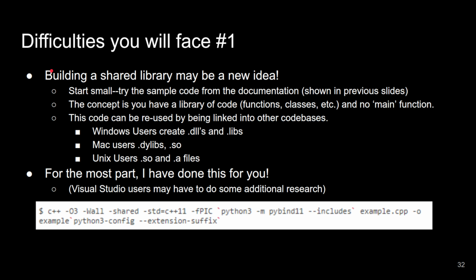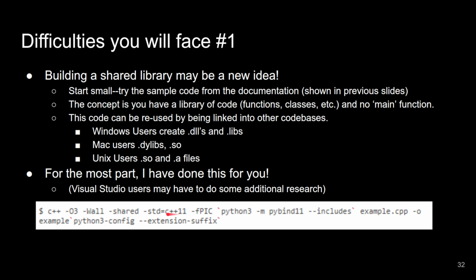Now, some difficulties you might face, or where this is sort of confusing, is this idea of building a shared library. That might be a new idea. That's not something we've covered in depth in this class. We've talked about using libraries, but this idea that you can actually compile your code into a library and share it with someone, this is how it's done here. The main important things here are this -shared flag that says, I'm compiling my program, but I want it to be a shared library.